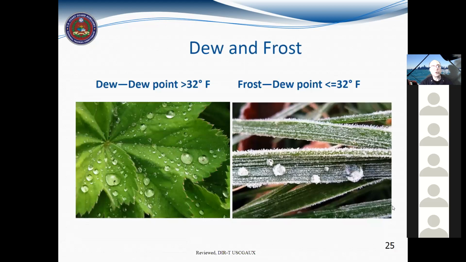Let's talk briefly about dew point and frost. When you have dew, the temperature is above 32 degrees Fahrenheit, so it's not freezing cold. If the temperature and dew point are close together, you can have the creation of dew. Now, if it's colder than freezing and the air is humid enough, you can have frost develop. That's when the temperature is below 32 degrees and the air is so moist that it goes